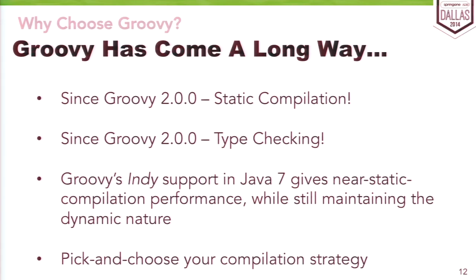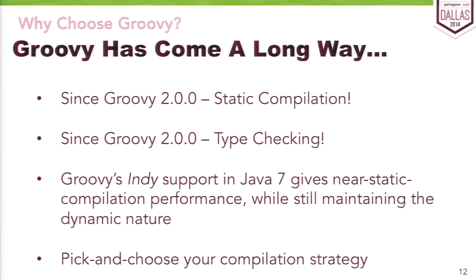Also, Groovy's Indy support. Java 7 brought the invoke dynamic instruction to the JVM bytecode, which essentially was designed for dynamic languages like Groovy to be able to say, I want to invoke a method that is going to be handled by some other mechanism, by determining where that method invocation is actually going to go. Lambdas in Java 8 use invoke dynamic. It's a very powerful concept, it's very far along, and it's being made to be extremely performant. So that was introduced in Java 7, it's getting better with Java 8, and it'll get even better in Java 9.